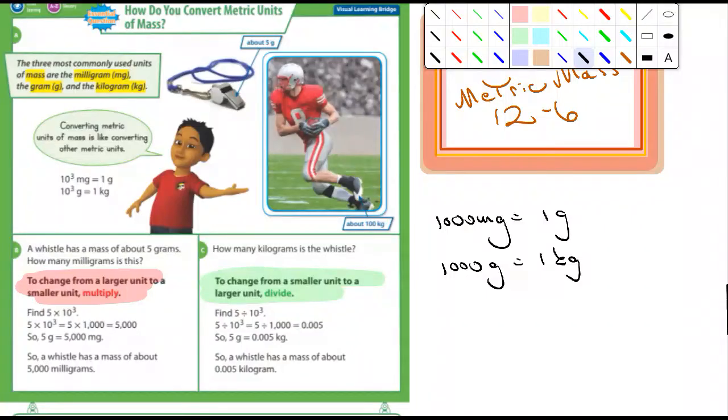Looks like it's recording. Okay, again, 12.6. What page is this on? I think 510. 511. Okay, so